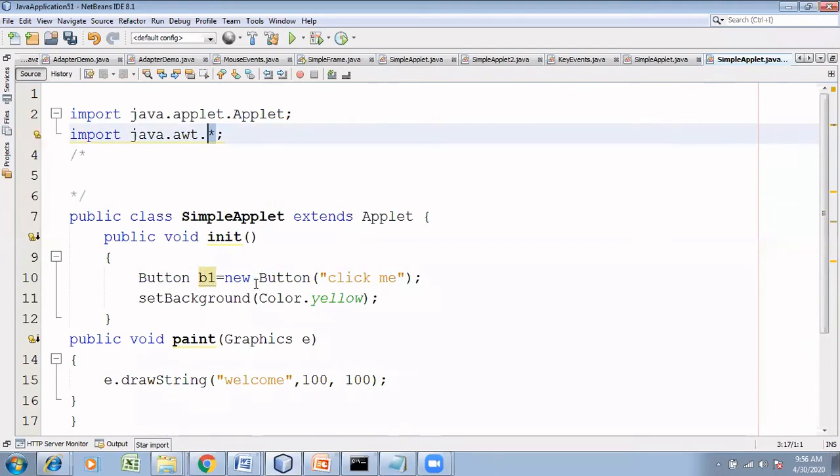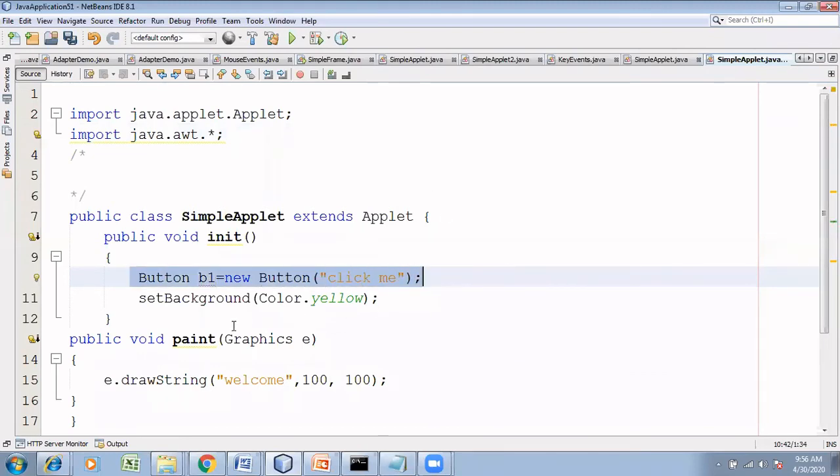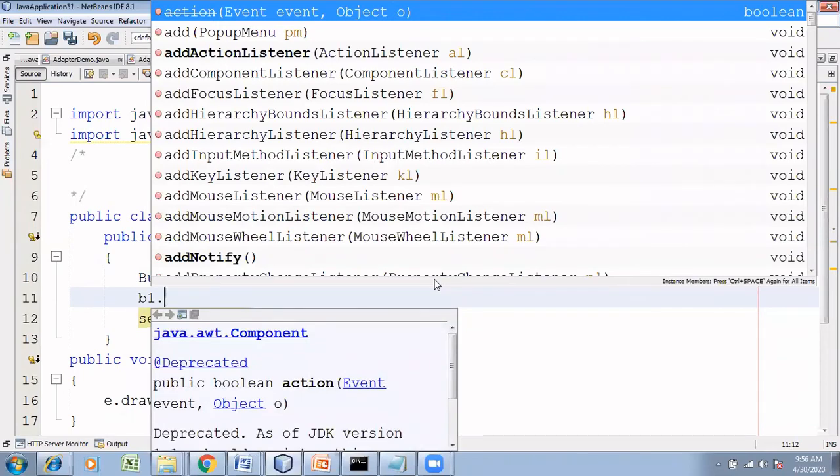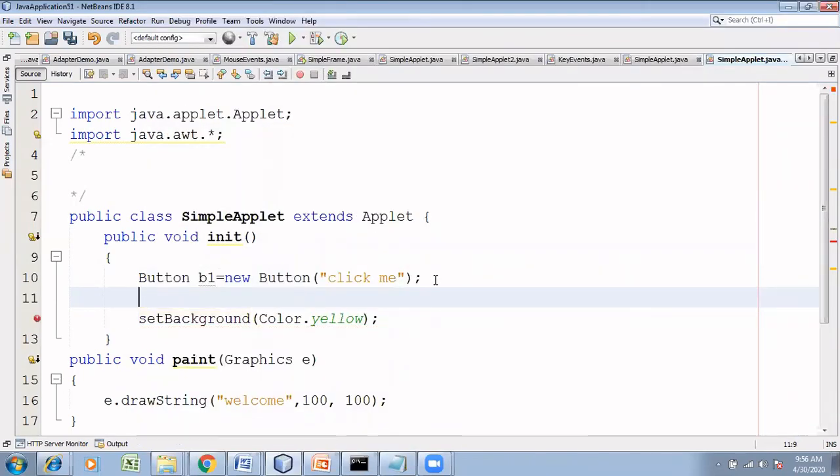If you just give this, button will not be added to the container. B1 is declared, but B1 should be put within the applet container. So for that, you have to add B1, sorry, it is add method of applet container, add B1.